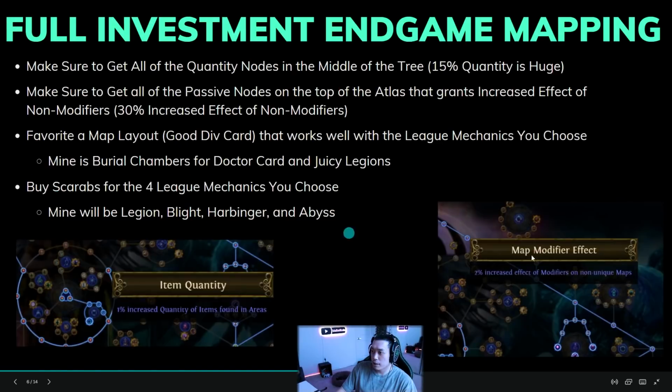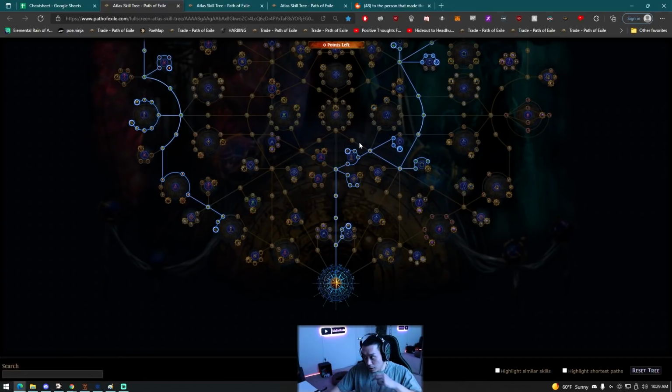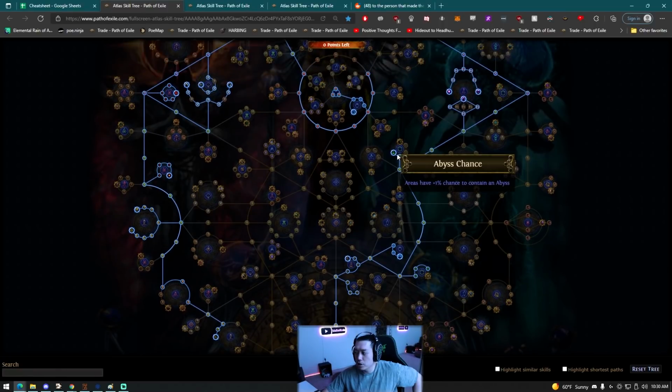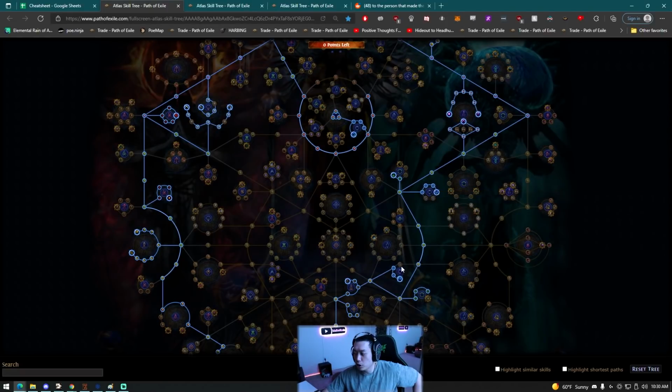So let's go take a look at my Atlas passive tree real fast so you can see the methodology behind it. So, yeah. So you can see here, I dropped the shaping stuff because I don't really know how much map drops I will need. And I think I should be sustaining at that point with my Atlas, but we'll see. So here I took the Abyss nodes right here to get 30% increased monsters. I took this node right here to get 100% increased monsters. And then I'm still trying to get more Harbingers, so I did take this that gives you more Harbingers and